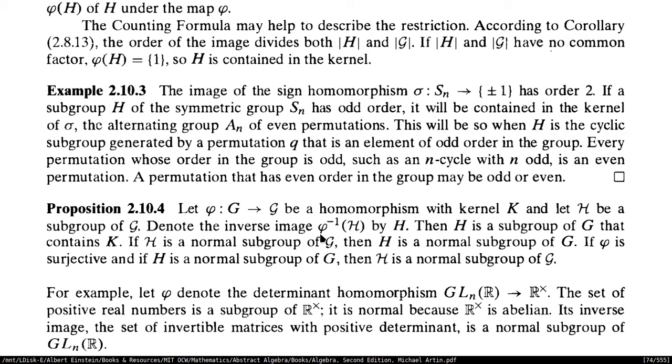And this set of positive real numbers is actually normal in R cross, because R cross is abelian. You have the commutative property under the multiplication of real numbers, right? So its inverse image, the set of invertible matrices. If you take the inverse image of these positive real numbers, they're going to be the